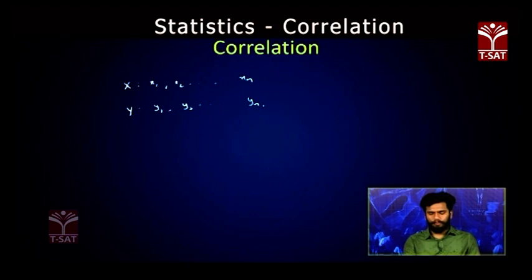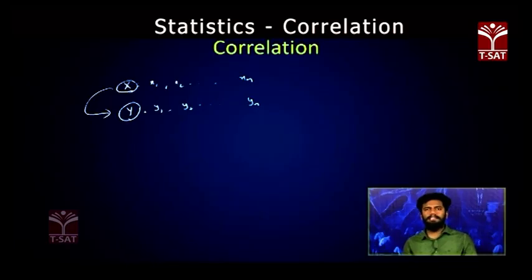Now see here, when the x value is changing from x1, x2, and so on up to xn, we will see whether that is affecting the random variable y. If the change of the random variable x is affecting the random variable y, then we say that they both